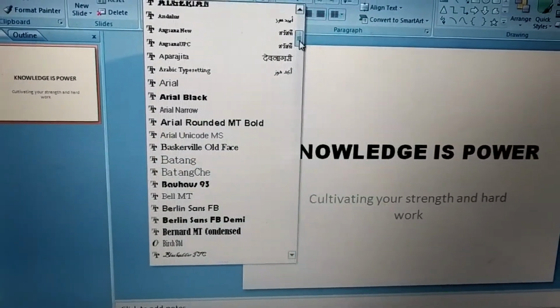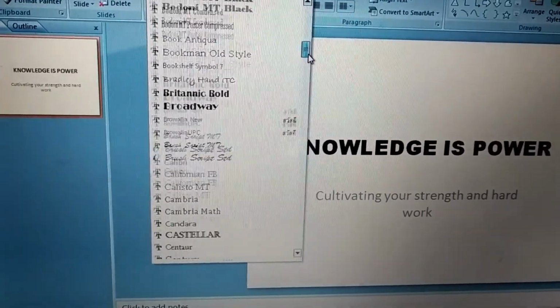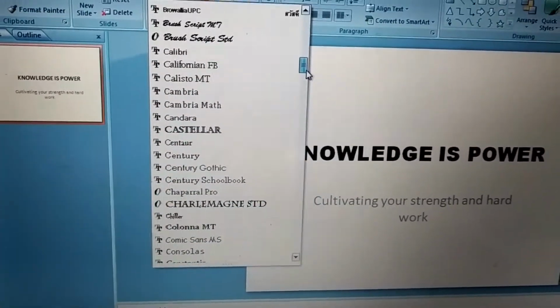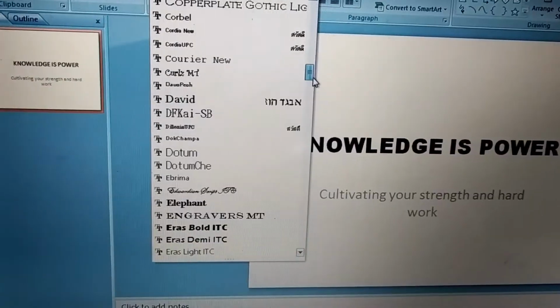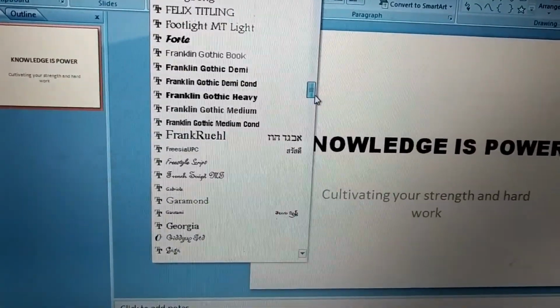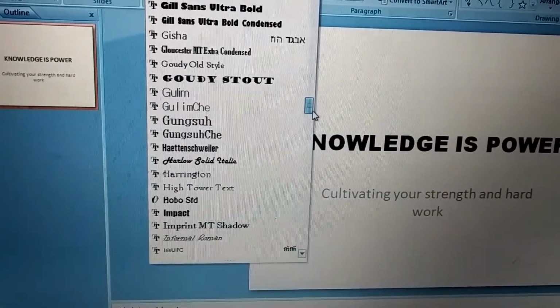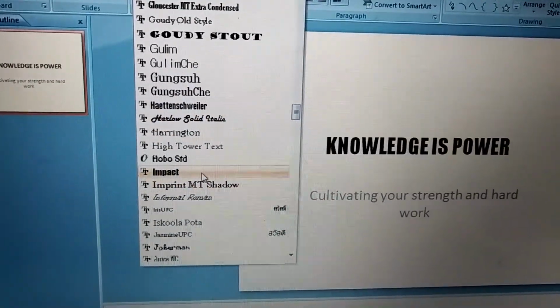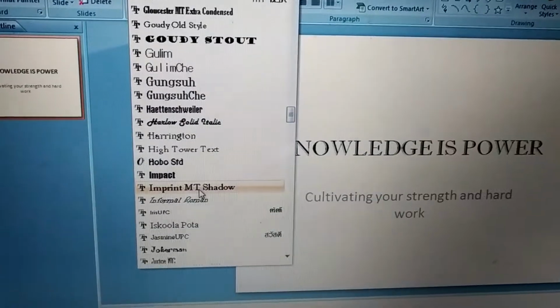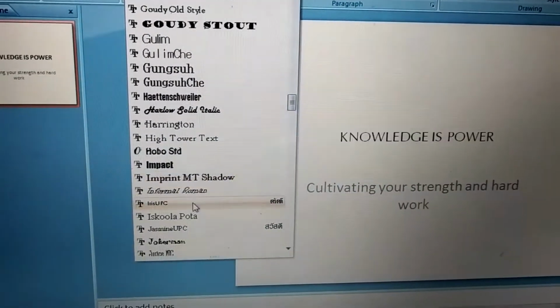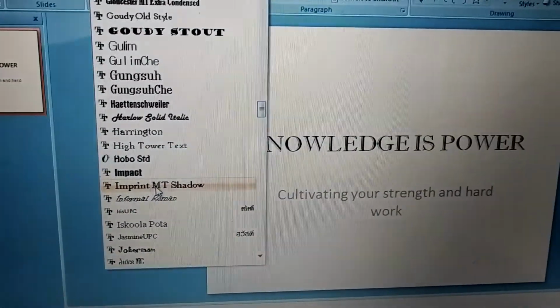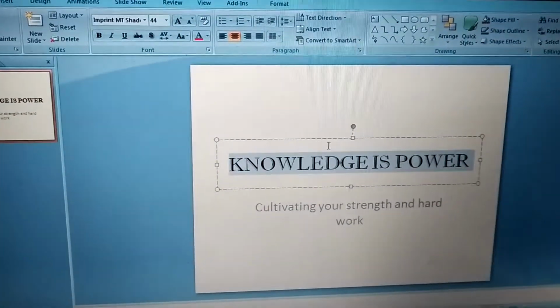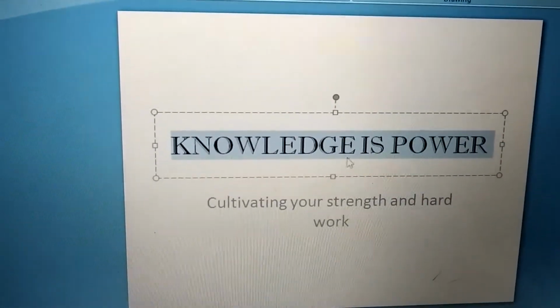Scroll downwards and you can choose any font style which you want to apply to your text. Let me choose this, Imprint MT Shadow. Okay. Now the formatting style is applied to my text.